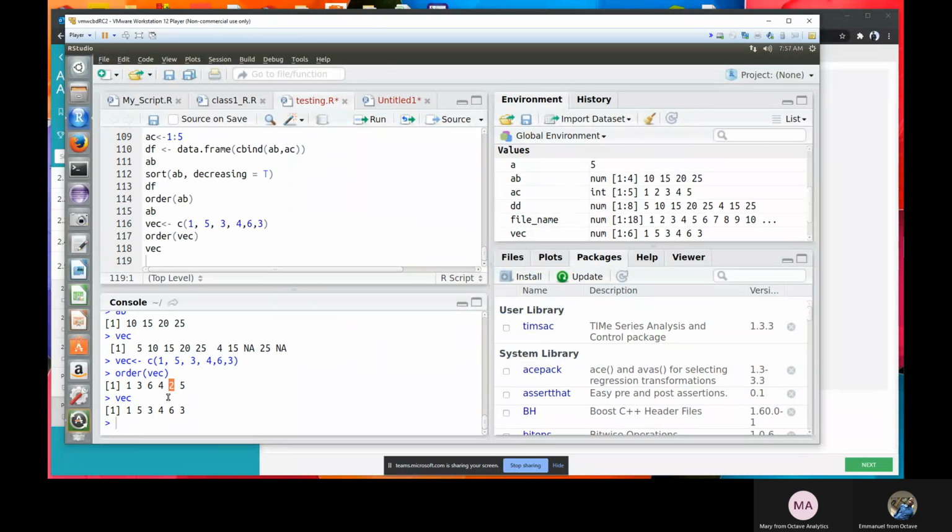This does not make sense at all. 3, 4, 5, 6. So it does not really make any sense. So this function is behaving in disorder, not in an orderly manner.